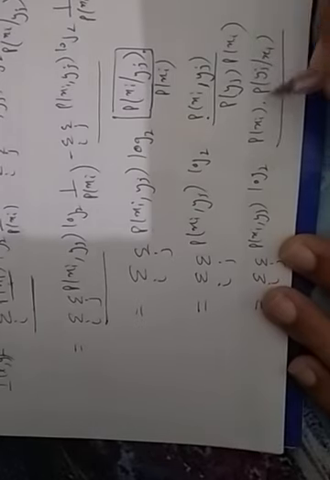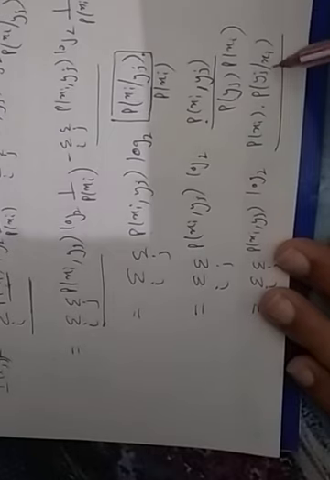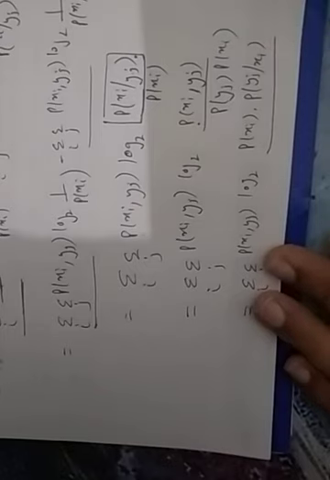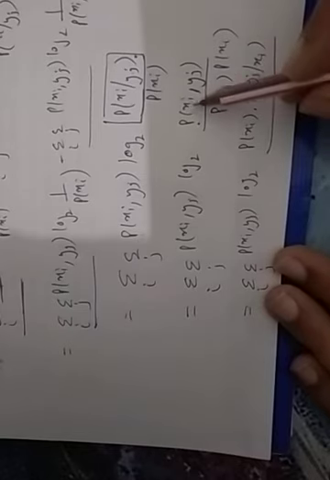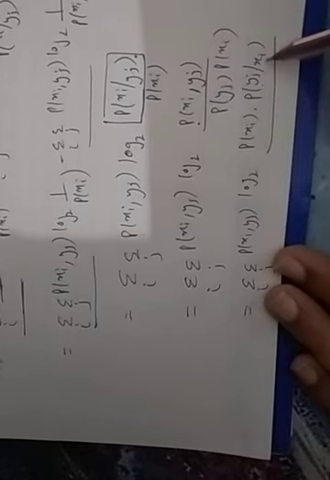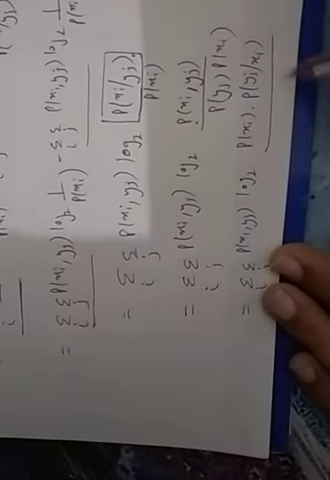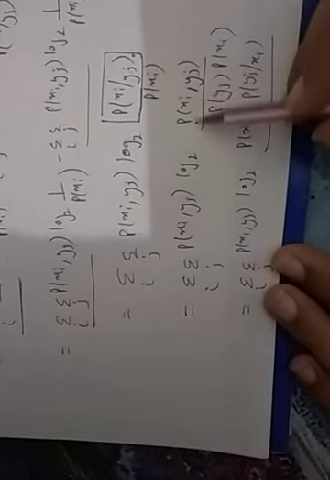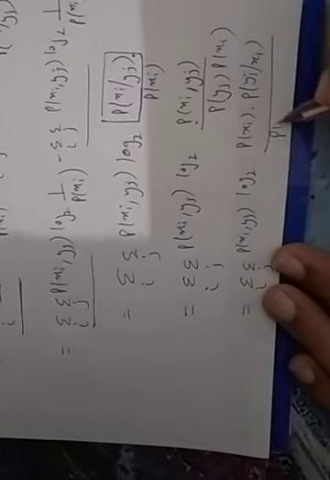Why have I done this? Because I want to make each and every term in channel matrix form, that is yj upon xi. Because in numericals we will always be given the channel matrix. So we want to convert the joint probability into yj slash xi. So this is p(xi) into p(yj/xi) divided by p(yj) into p(xi). So I will cancel p(xi) and p(xi). So now,